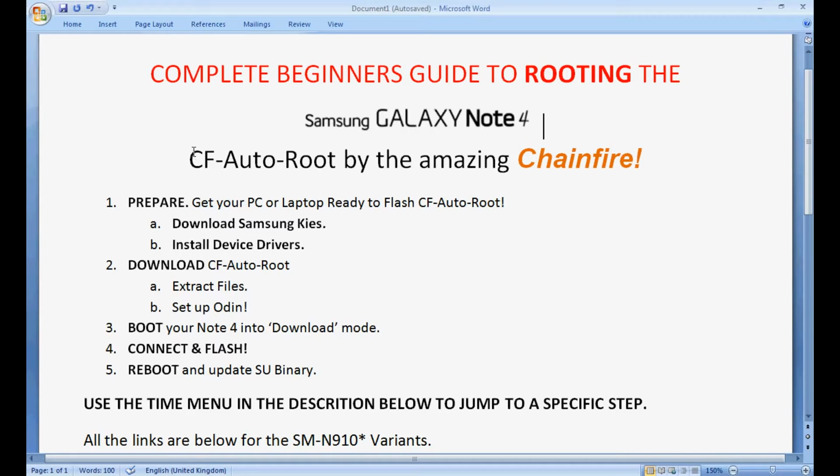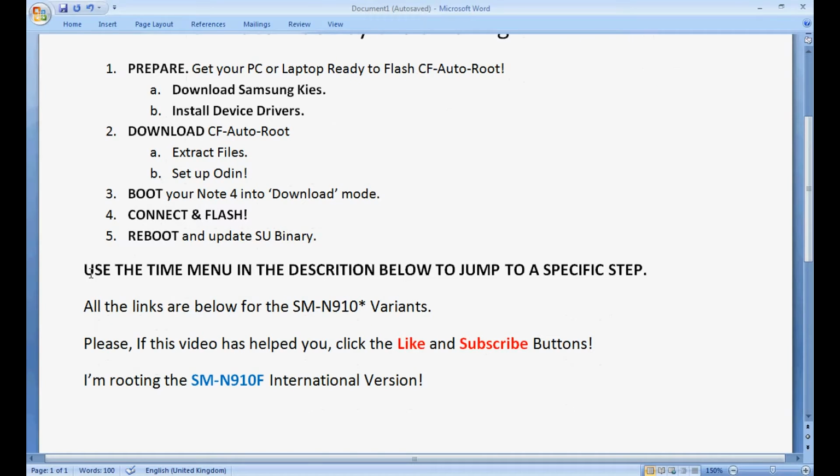We're going to be using the cf-autoroot by the amazing Chainfire. There's a few steps to go through, so if you've never rooted an Android device in your life before, don't worry, we'll take you through it step by step. Now before we start, I have to say I am using the international version, the SM-N910F, and the Chainfire thread we're going to be looking at has pretty much all variants for that code number,